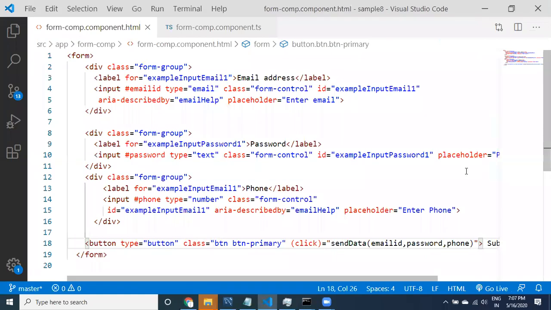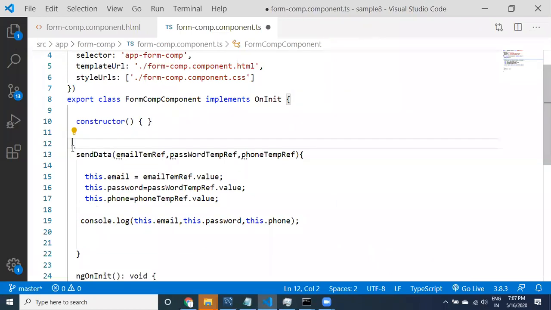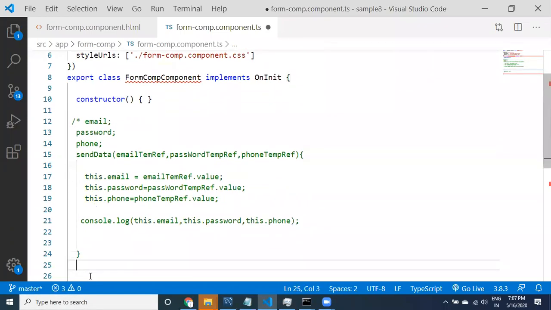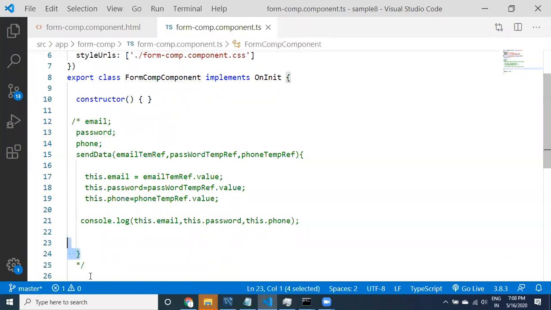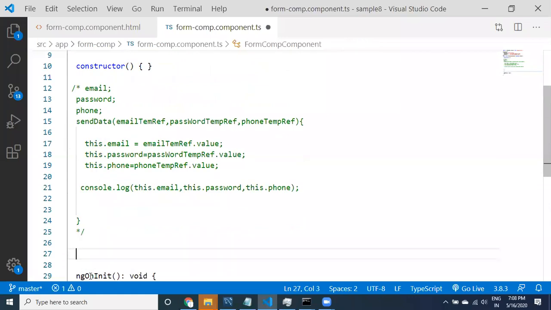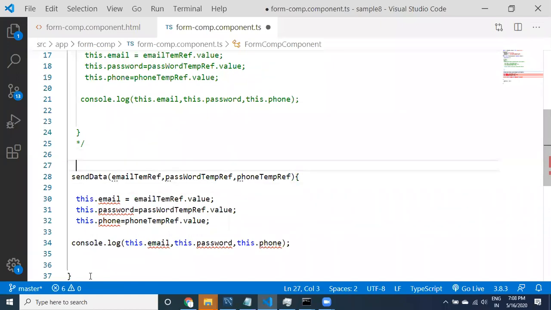And coming to here, instead of taking email ID, password, this thing, I want to take a JSON object. So see here, guys, since I don't want to take these variables, let us comment this code. Just for reference purposes, when I send this code to you, this code is going to be a reference for you. That's why I'm not completely erasing the code. I just commented the code. You can refer to that code whenever you want.